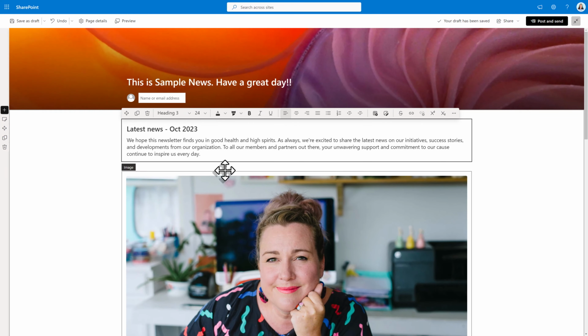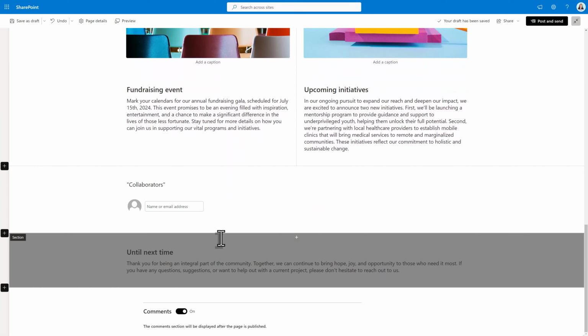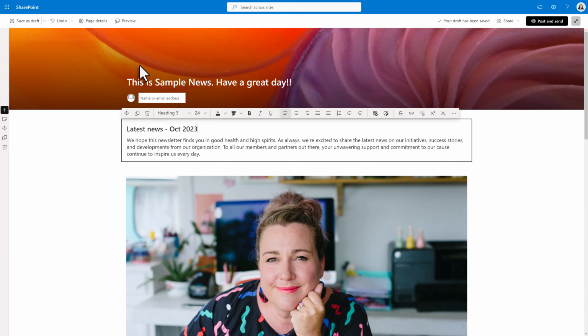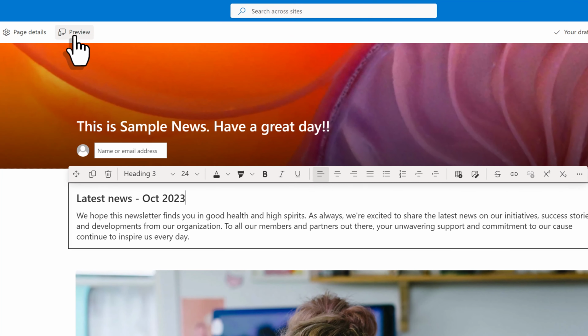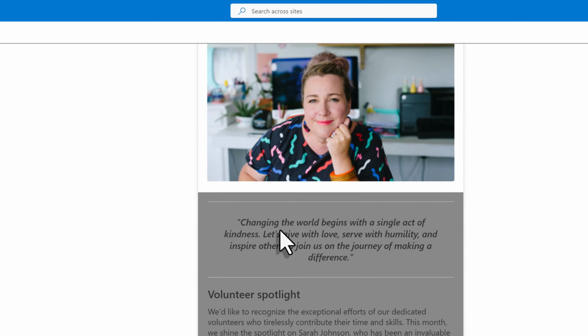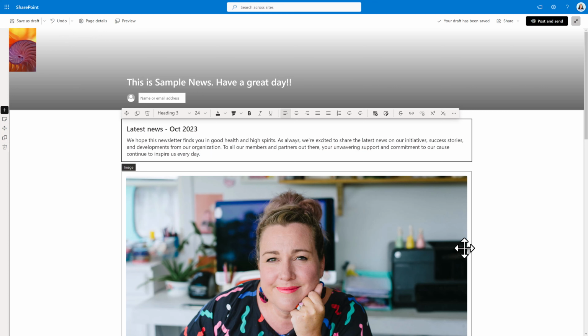As you scroll through the template, you will notice that there are several content blocks to fill in as needed. After you're done creating your news item, go to the toolbar at the top left side of the screen to preview what the published content will look like. This looks pretty good and it doesn't look like it needs any changes, so I will go back to the